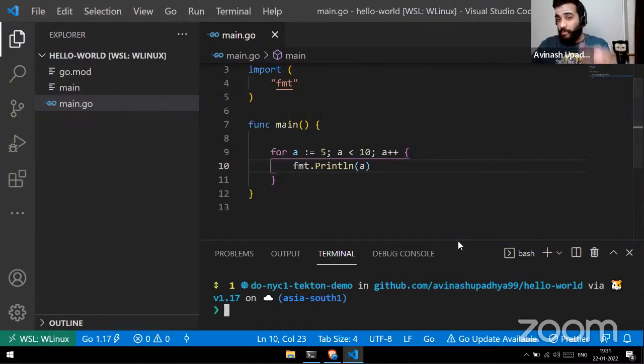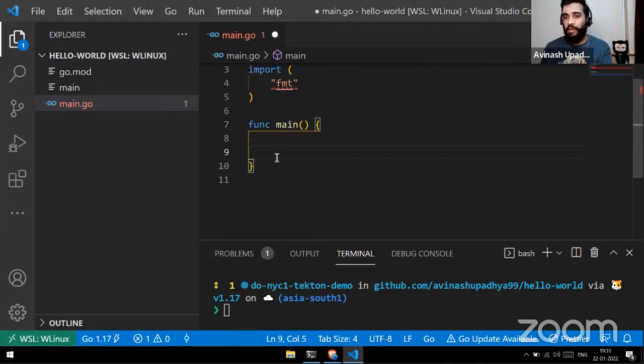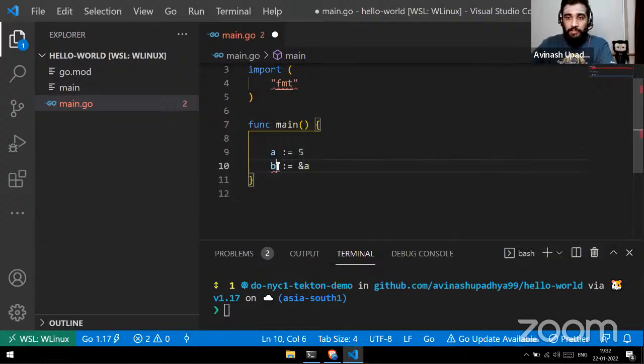Okay, so we've looked at conditionals and loops, and now let's look at pointers. Pointers are special kinds of variables that store an address, an address of another variable. So let's say you have a variable A with the value 5. Now you want to store the address of this in a different variable. You can use pointers for that, using the ampersand and A. So now B has the value of the address of A. A has the value 5 and B has the address of